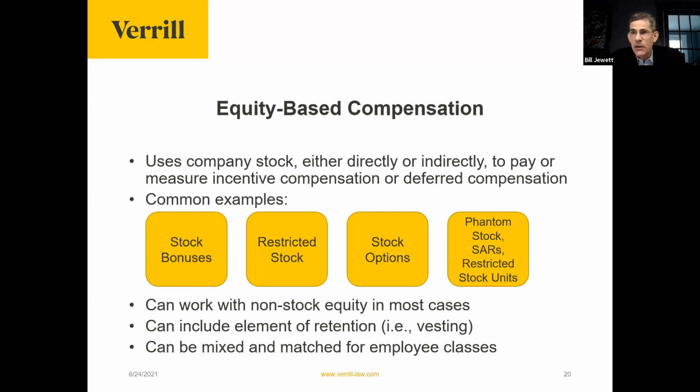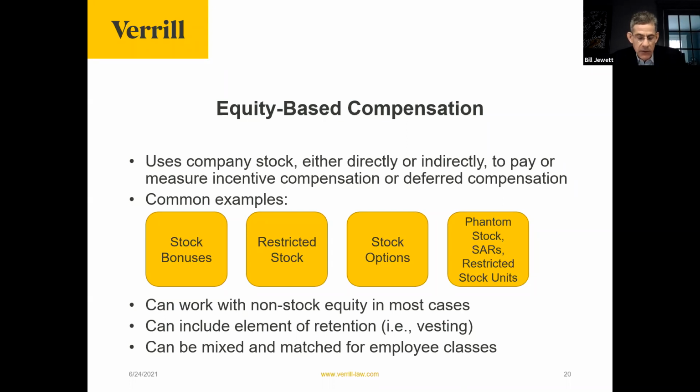And in addition, I'll just mention that LLCs and partnerships can also award so-called profits interests, which are like stock, except that they're worth nothing at the time of grant because they represent an interest only in profits of the company going forward after the date of grant. So essentially the grant date value is 0, but down the road, a profits interest may be worth quite a lot.